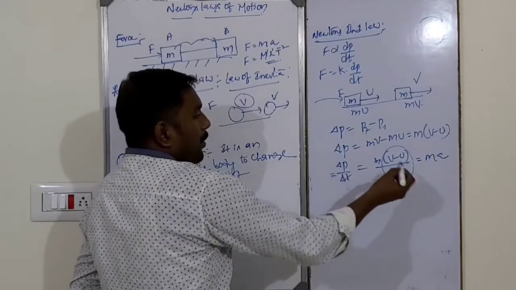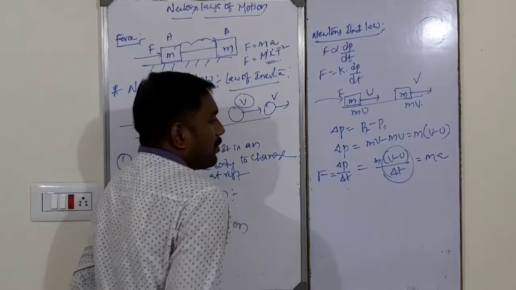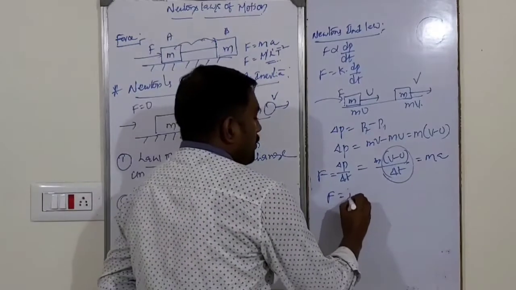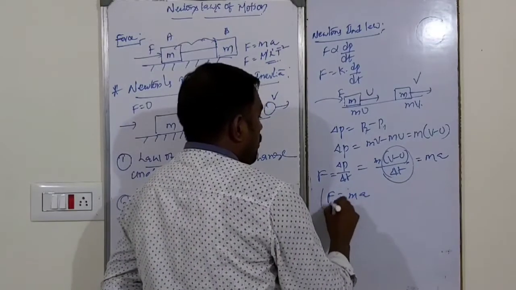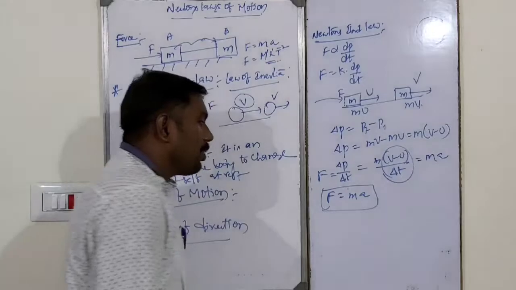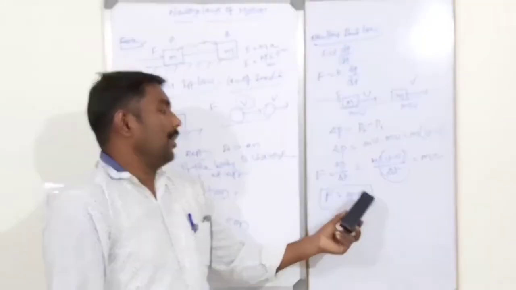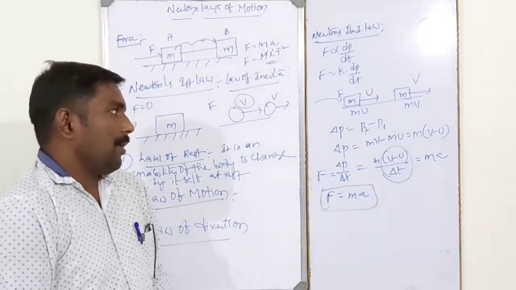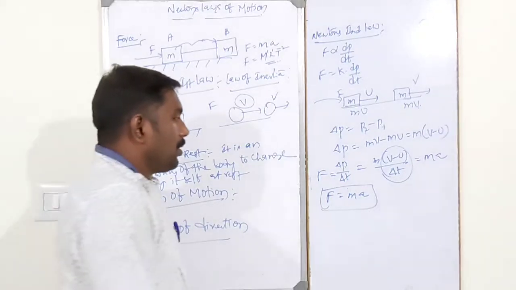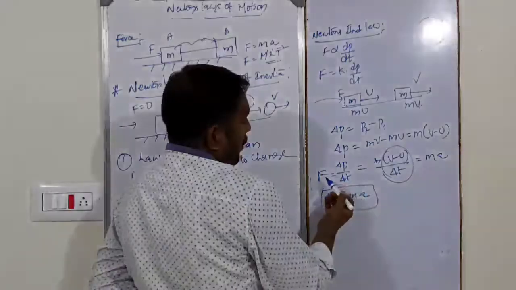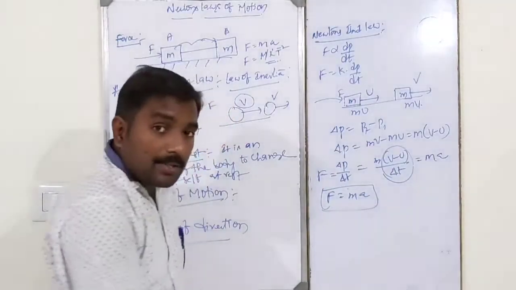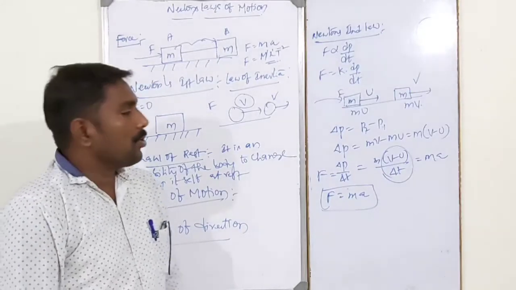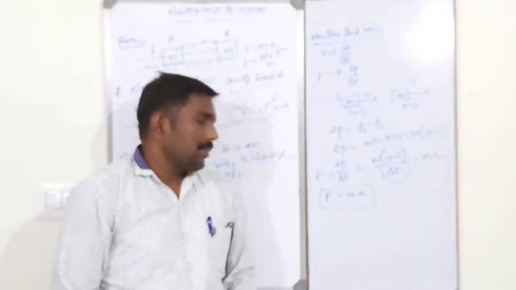So the rate of change of momentum is nothing but the applied force. F is equal to ma, where a is the acceleration and m is the mass of the body. So the rate of change of momentum is directly proportional to the applied force and takes place in the direction of force. So dear students,